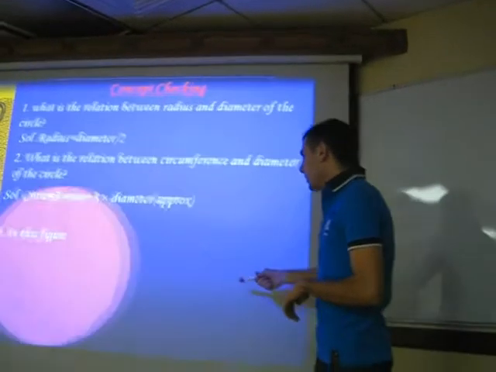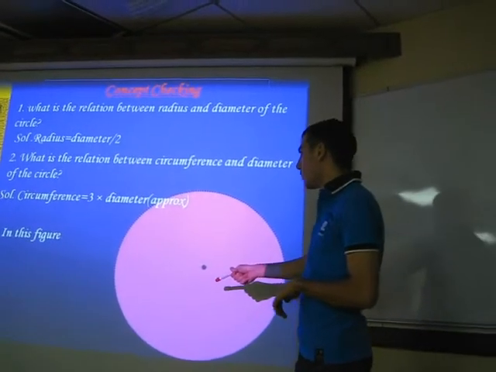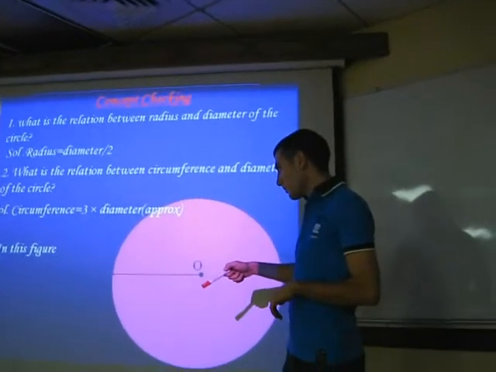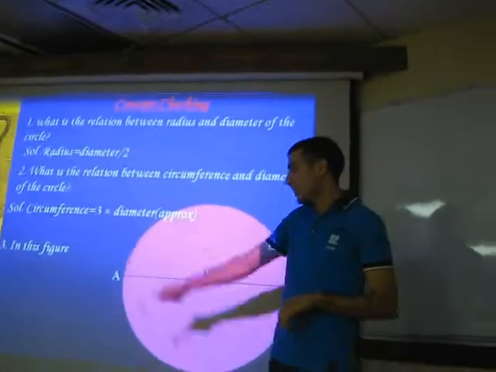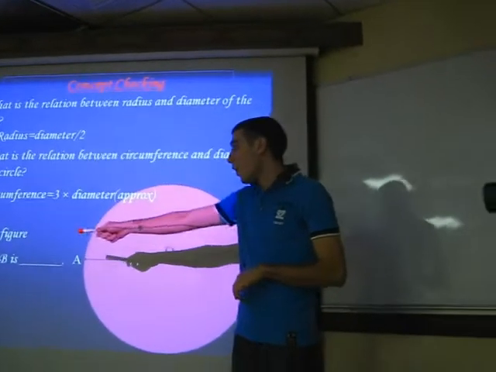In this figure, we have a circle with center O. O is the center. OA or O